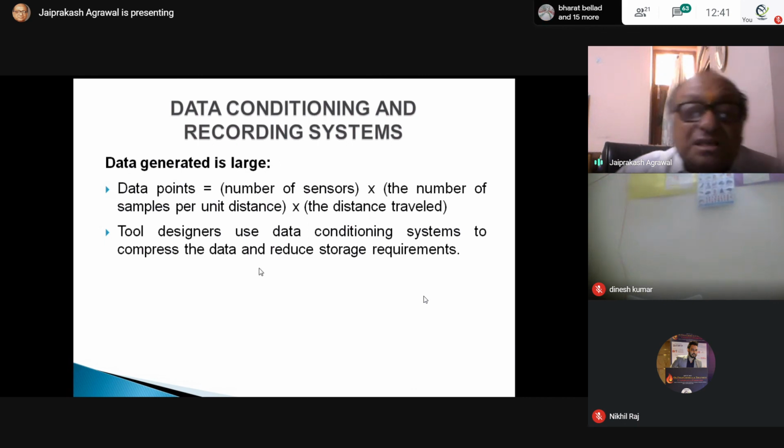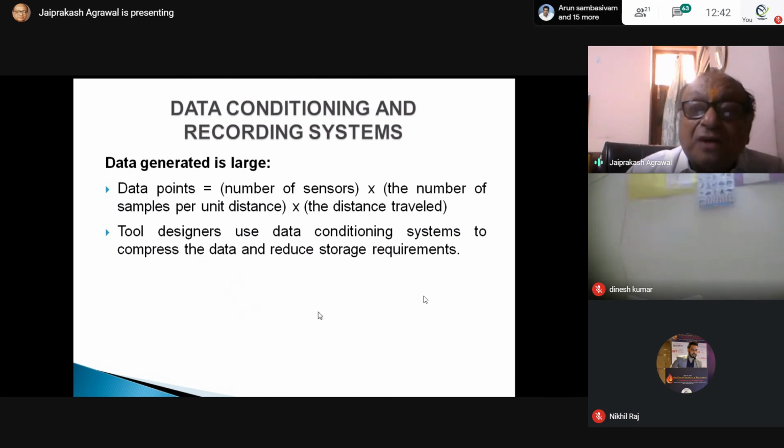All this data has to be transmitted to your digital recording device. So it is very complex, and so we use a data conditioning system. How much data can it store? You have to compress it, like on a computer where you can zip the data. There is a system in the data conditioning system which zips the data and reduces storage requirements.